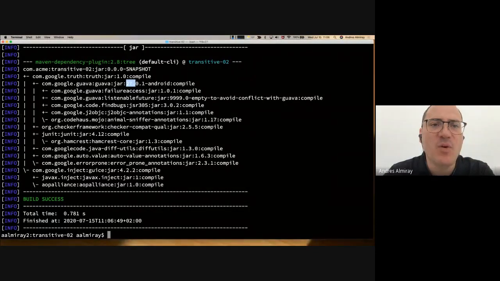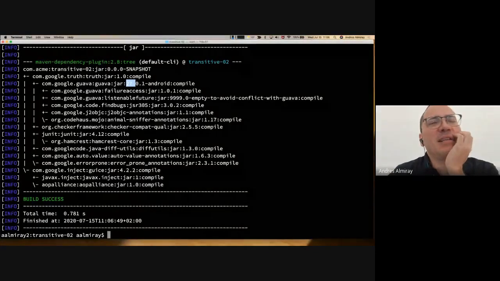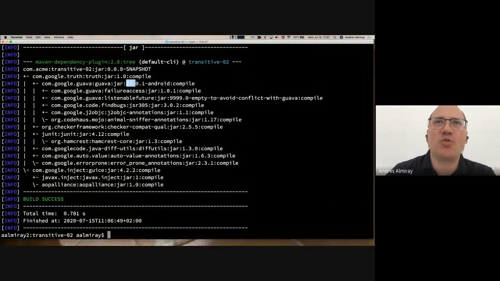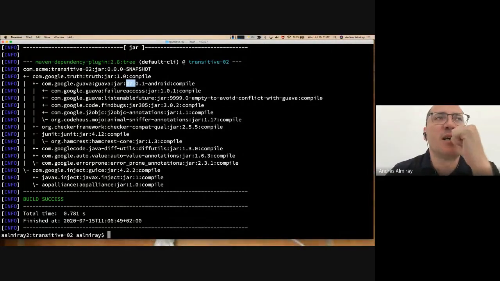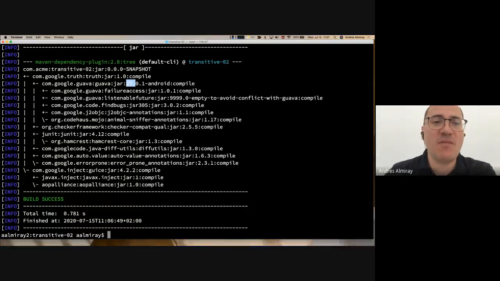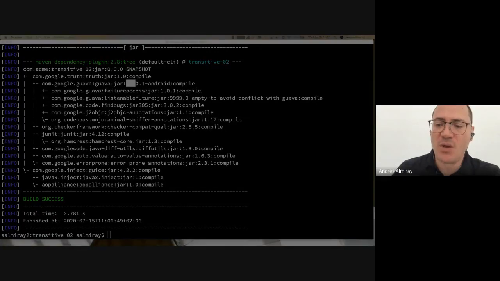And now you may be wondering, what's going on here, Andres? That's not what I expected. Regardless of the location, regardless of Juice or Truth being first or second, version 27 is clearly bigger in terms of semantic versioning than version 25. I would have expected Maven to have chosen version 27 regardless. What's going on here? Well,